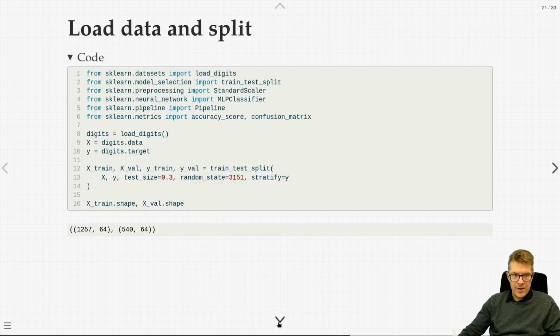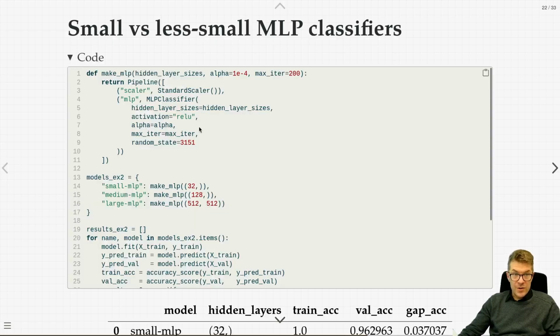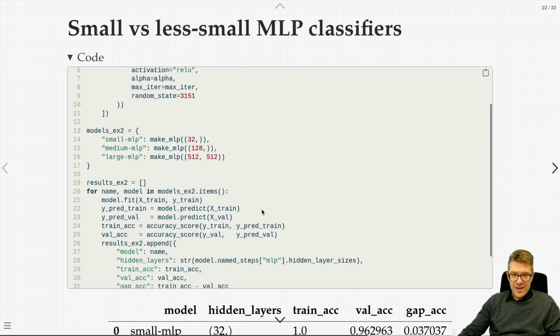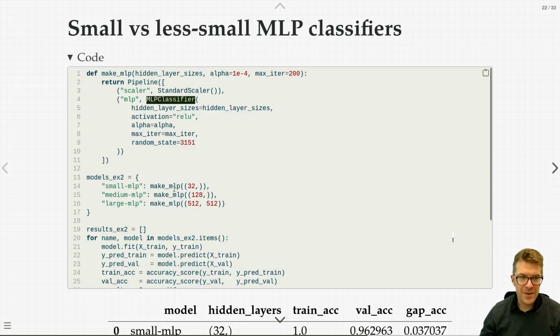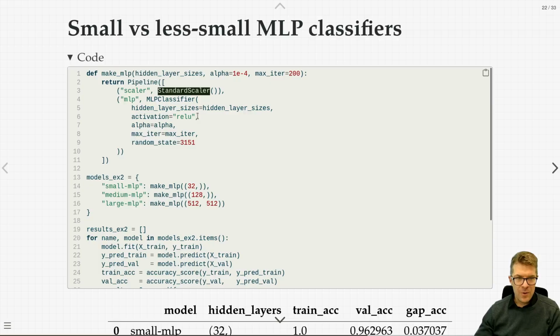Here we're just loading the data. Here we're training the data simply. Here's going back to scikit-learn. So making a neural network, we'll have our favorite pipeline. We'll do standard scaling. We'll have a number of hidden layers, which are passed in as a parameter.